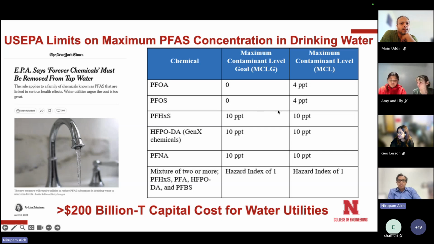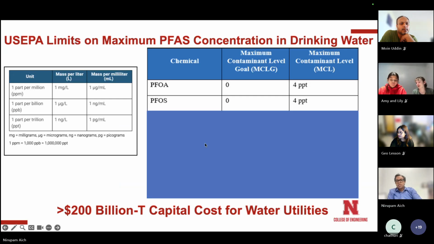And in April 2024, EPA actually came out with regulations for a total of 6 PFAS. But this year, because there is a new administration after 2024, we have a new regulation now where the other PFAS are not being targeted, only PFOA and PFOS are regulated. Okay, so this is for drinking water. What it means from this discussion is that in drinking water, we can have only a very low level of PFAS. Okay, so that's the main thing.